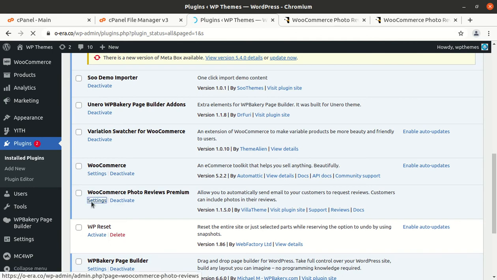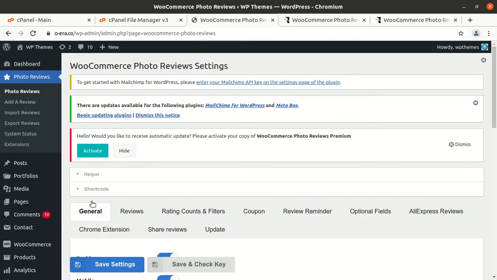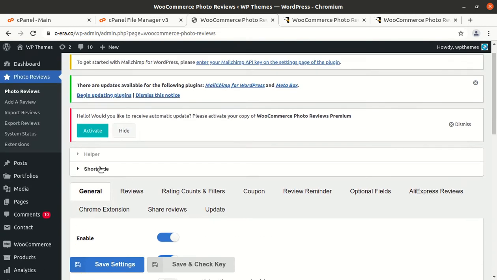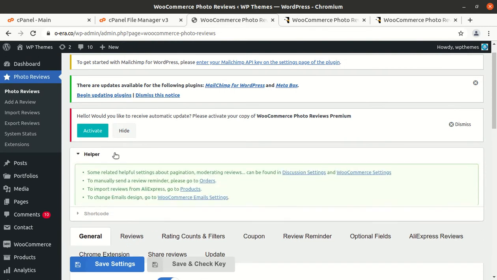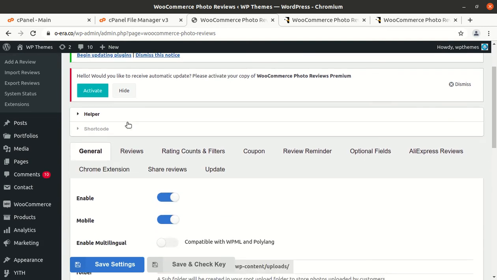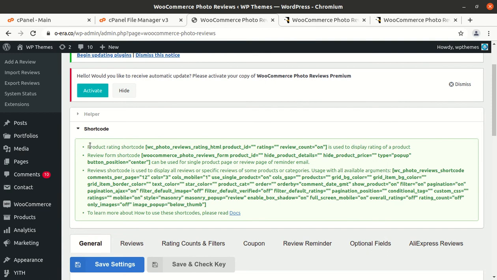And let us see the settings we got. I have already shown you the front end and how it works, and this is going to be the back end. And yes, it has broad settings. In fact, I'll show you. So the helper is here. Read the required set of documents if you need to do so. The shortcode is here, and you can use these shortcodes for integrating this feature on your pages and at different places of your website. So it is an important one.